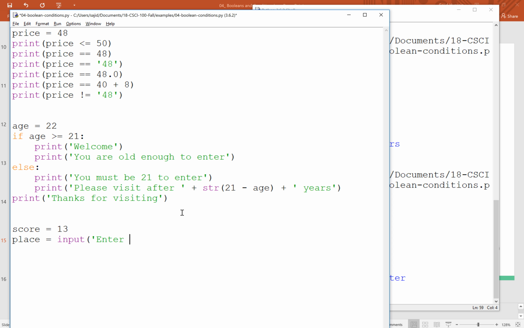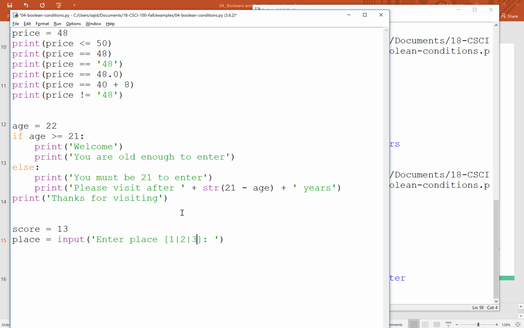Enter place. Now how do you want to enter the place? You can type first, second, third, or enter 1, 2, 3. Let's try, but we will give some user hint about what we want the person to enter. If we say enter 1, 2, or 3, we can give these options, either type 1, 2, or 3, something like this. We can give the user the hint,